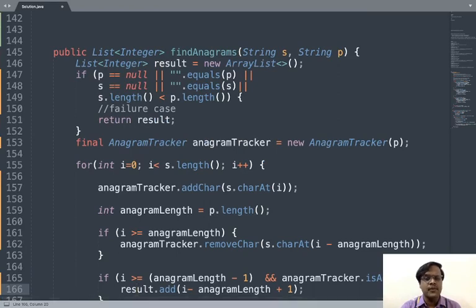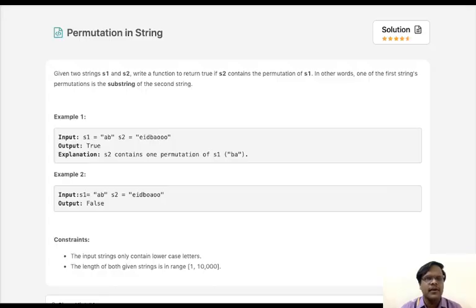Friends, there is another problem on LeetCode, in which we are asked to find a permutation in the string. This is also a similar problem, in which we need to find a permutation of a given string in another string.